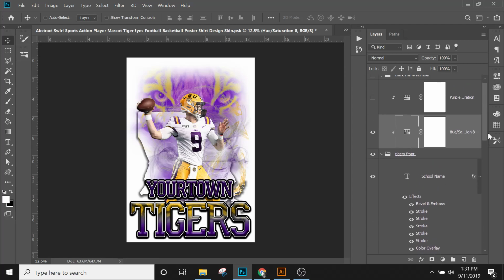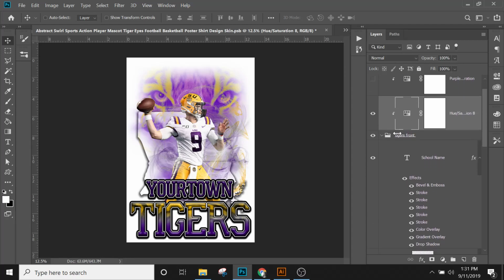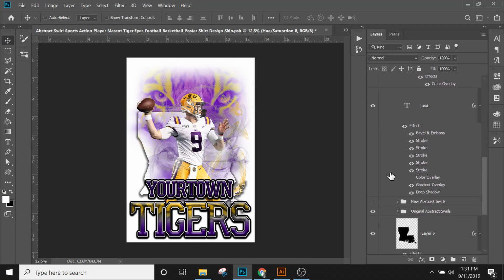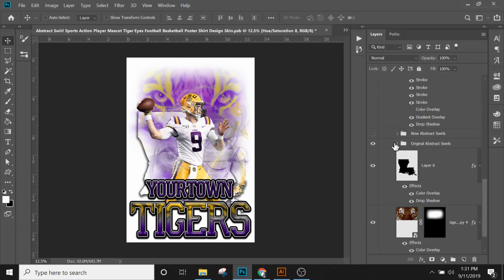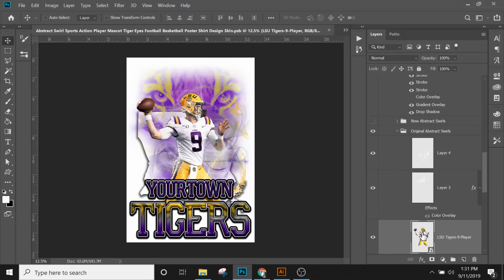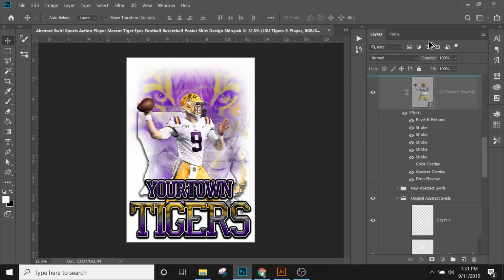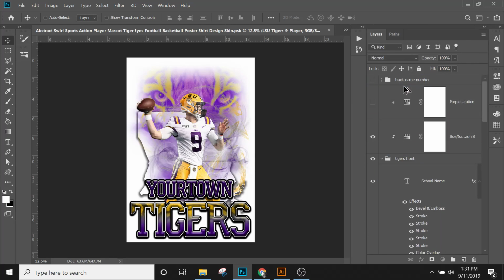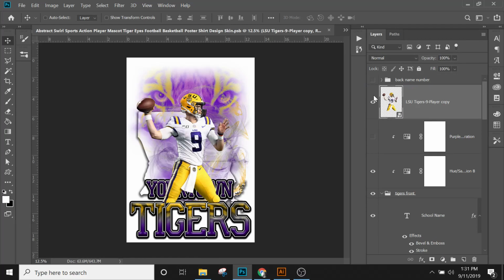But if you had your player and you didn't want him affected by this layer, then anything you did not want affected by this color layer, you would have to pull it. So wherever he is, let me right click and select him. Tiger's 9 player, I would have to pull him, and I'm just pulling the copy of him out front. So I alt select and dragged him. So I would have to pull him out front, change everything else, like if I didn't want to see changes there, change everything else, and then what I would do